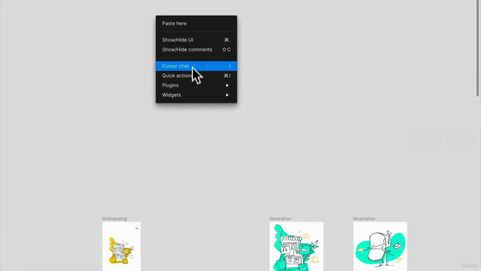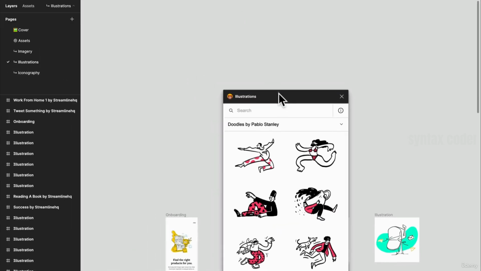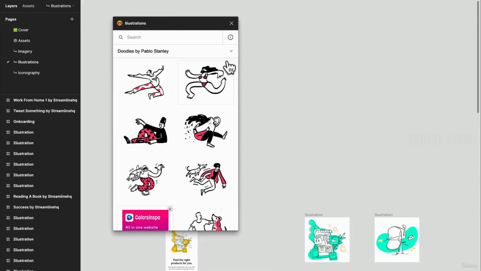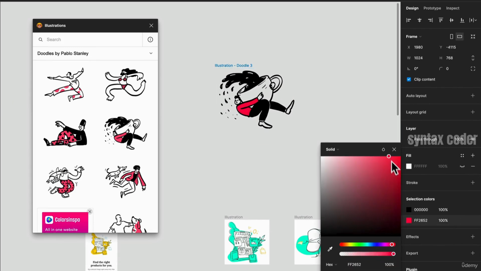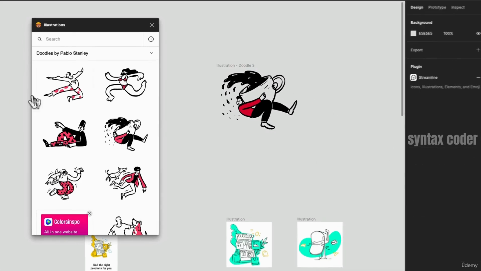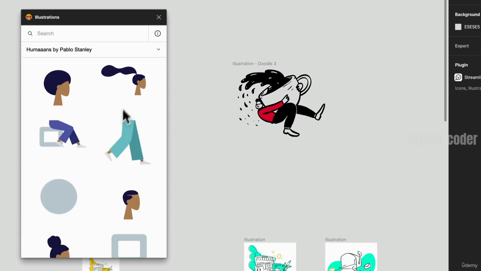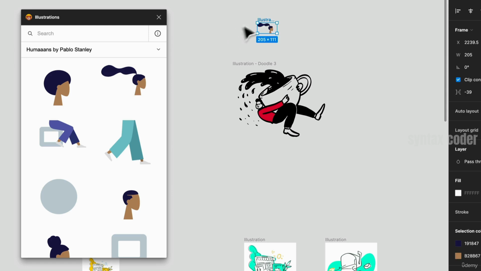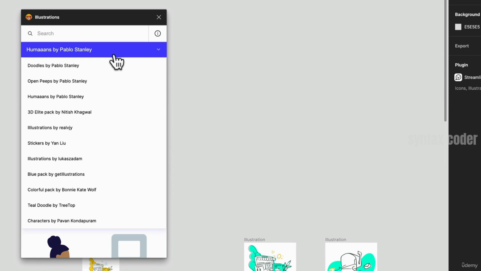Another option is another one called Illustrations. I really like this one too, because these give you the actual vector file. So if you want to just drag that in, you can edit those colors within Figma to whatever color you want. And they have different variations. So they have doodles, open peeps, if you want to create your own with the human versions. This is from the creator Pablo Stallion. He's a really good